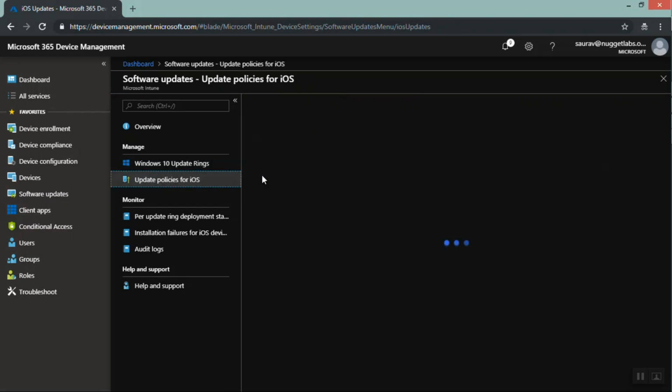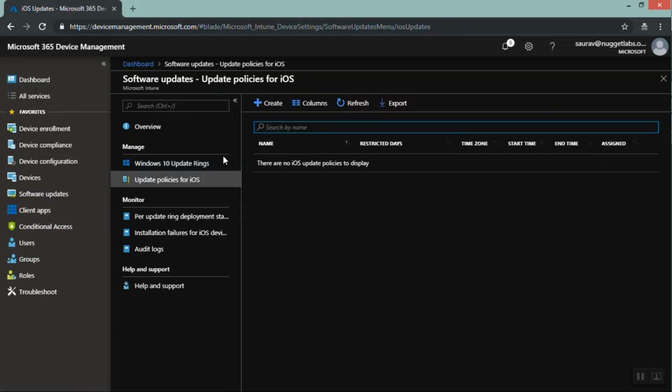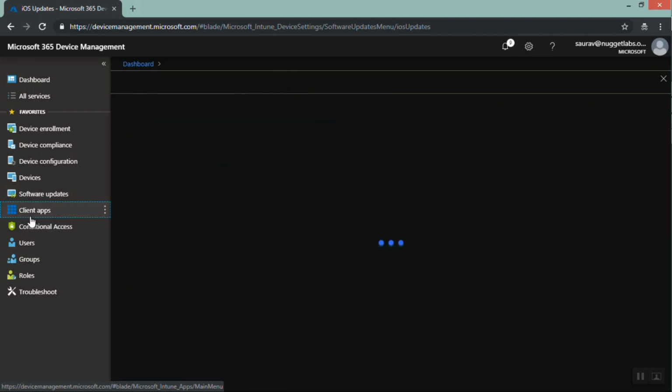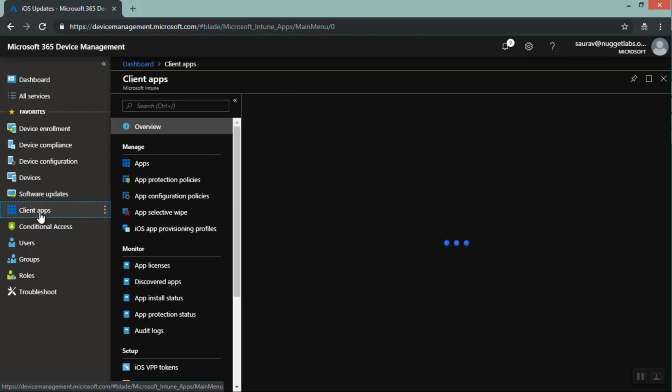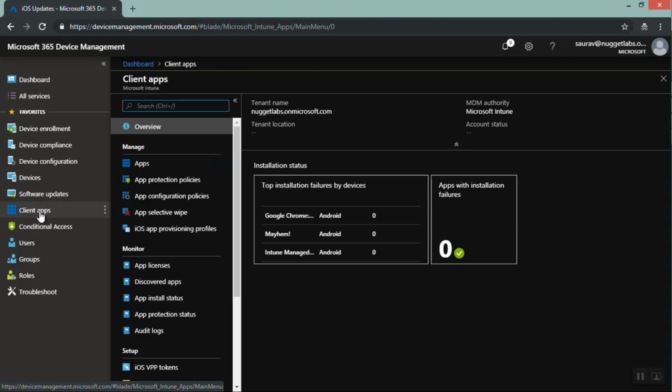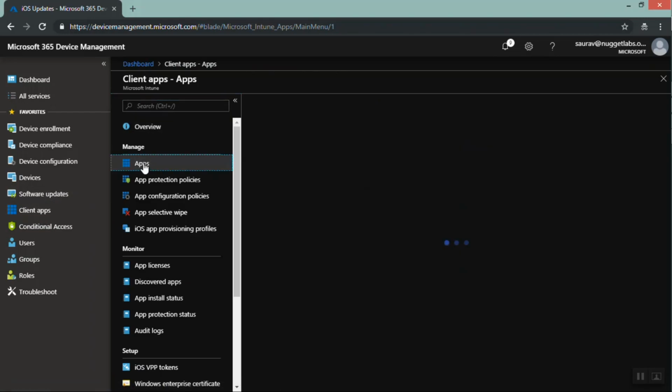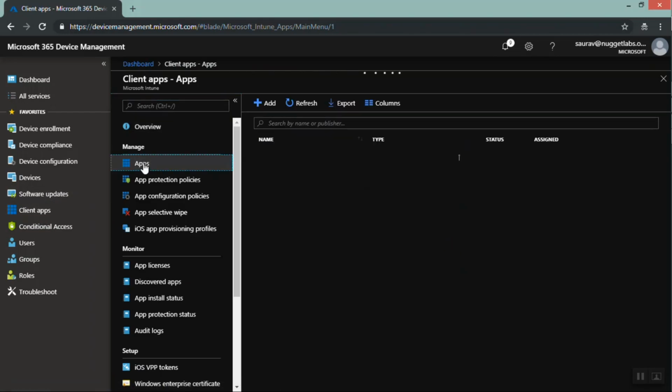Similarly, it goes with iOS. We can create an iOS update policy, and over there we can determine when exactly that update is going to take place. So that's about software updates. Now let's just talk about client apps. In the client app section, we can push applications. So if I go to apps, if I want to push any application to a device,